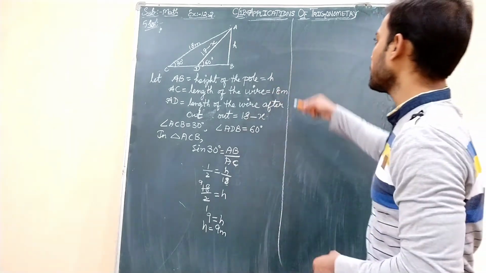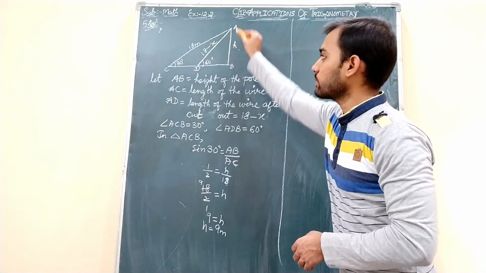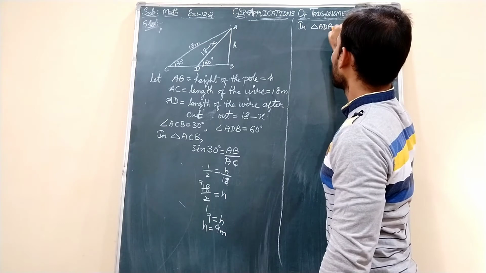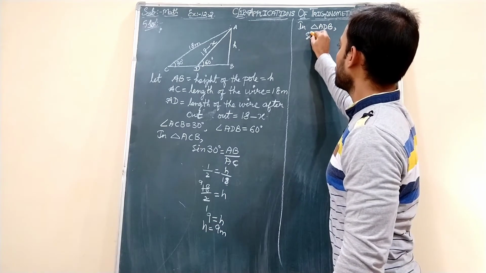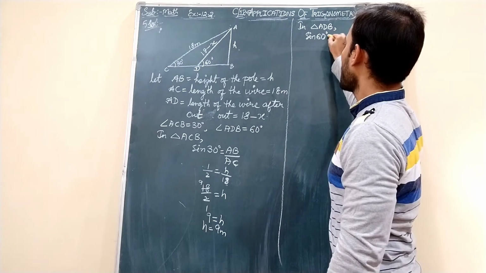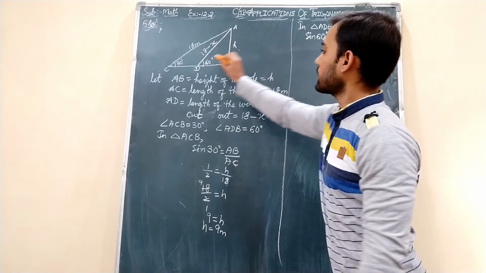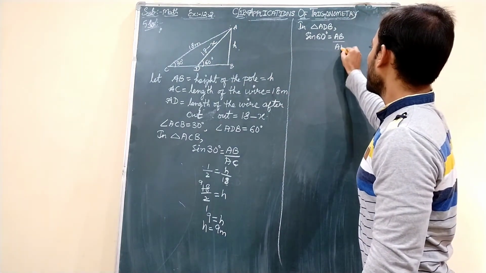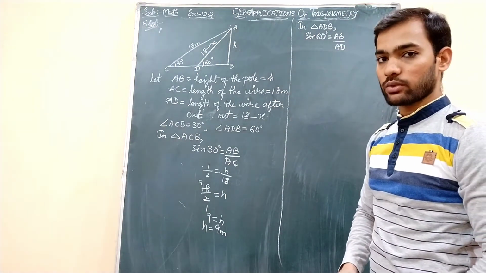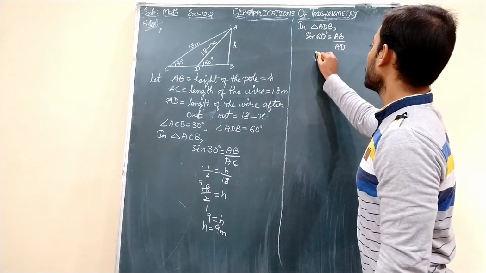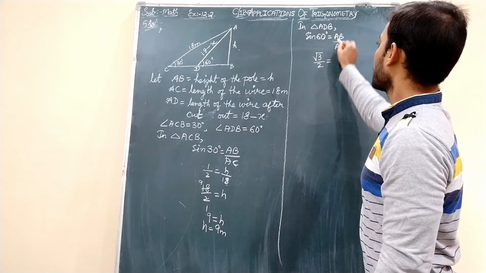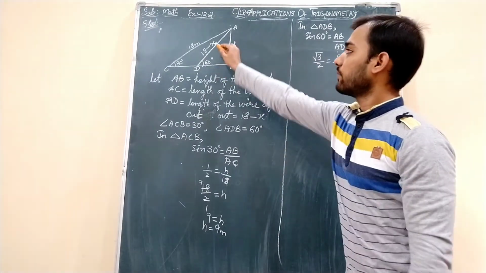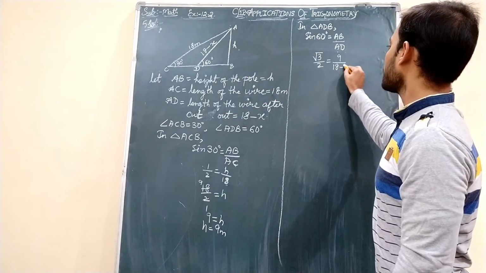So proceeding to another triangle, as we got the h value, now we can use this triangle. In triangle ADB, students, here also the sine ratio only we need to take, but the angle over here is 60 degrees. Opposite side to this angle is AB, hypotenuse is AD. So AB by AD. Sine 30 value was 1 by 2. Sine 60 value is root 3 by 2. AB value, just now we got h, that is 9 meters, and AD was 18 minus x.